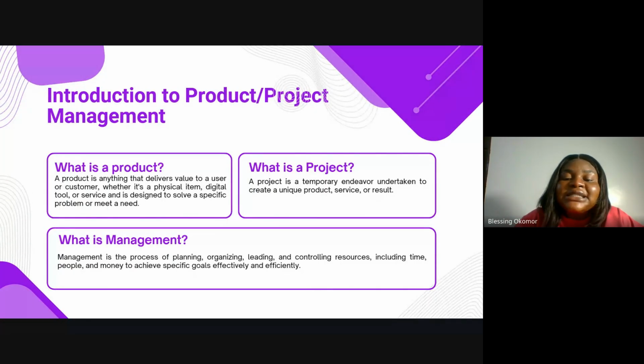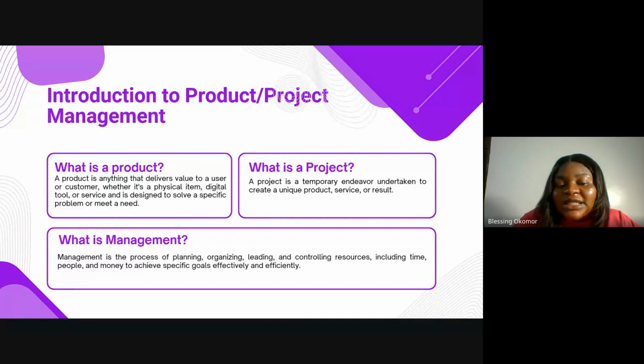While a project is a temporary endeavor undertaken to create a unique product, service, or result. So while a product is to deliver value, a project is to build that product that is delivering value. I don't know if you are getting the point. A project is to get that product done, a product that is solving a problem.